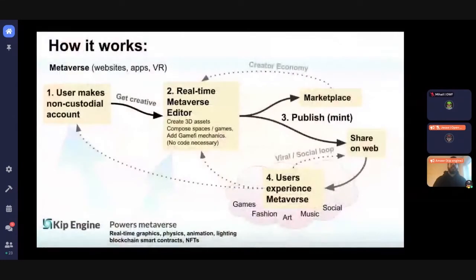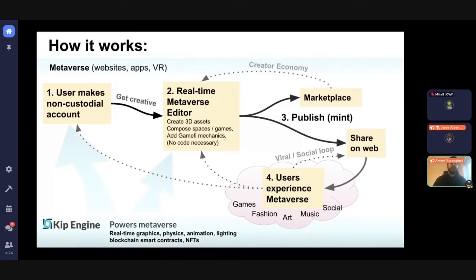And this is a little slide which shows how it all works. It's just really simple. A person just signs up using their Ethereum wallet. They have their profile, so it's all non-custodial. They have an idea for what they might want to use within a game that they're already a fan of or that they heard of, or they could just create something from scratch. They could create their own game.